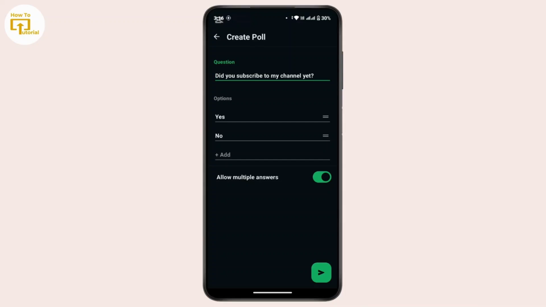After that, you can customize the poll settings. If you want to change multiple choice voting or restrict voters to select one option, then you can toggle off this option that says allow multiple answers. Once you're done, tap on the send button at the bottom right corner and your poll will appear in the